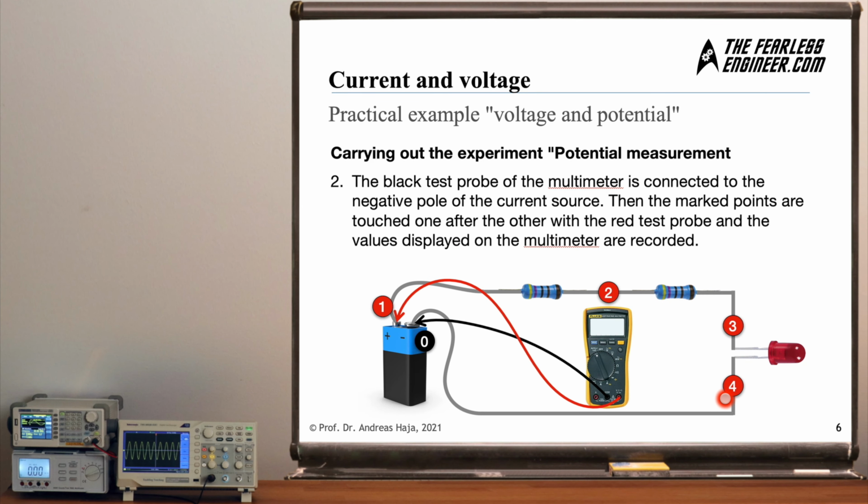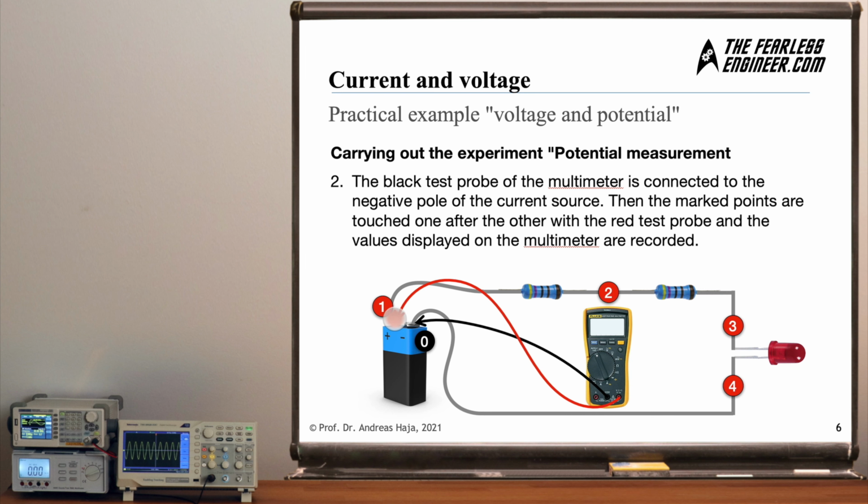Now let's look at the first experiment, which is about potential. And as we have seen before, potential always relates a certain position in space, a certain equipotential line, relative to the negative terminal of the voltage source, in this case the battery. So we connect the ground connector of the multimeter always to the negative terminal of the battery. We leave it there, and then we move around the red terminal here, or the voltage terminal of the multimeter,